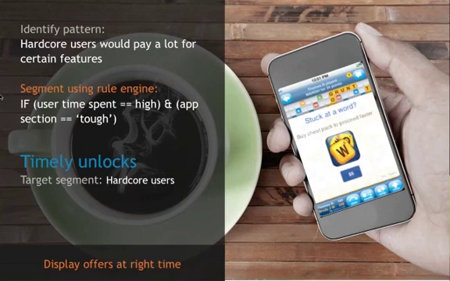The example over here is something I've always thought of as well, which is Words with Friends. It's a game by Zynga, and the way you play this game is you play it with a friend. A variety of times I've thought to myself, I'm stuck at this word, and it would be cool if I could get a cheat at this time. Right? Maybe I would pay for it. Obviously, I'm not a hardcore user, but there are a lot of hardcore users who would pay a lot to cheat at different aspects. And finally,